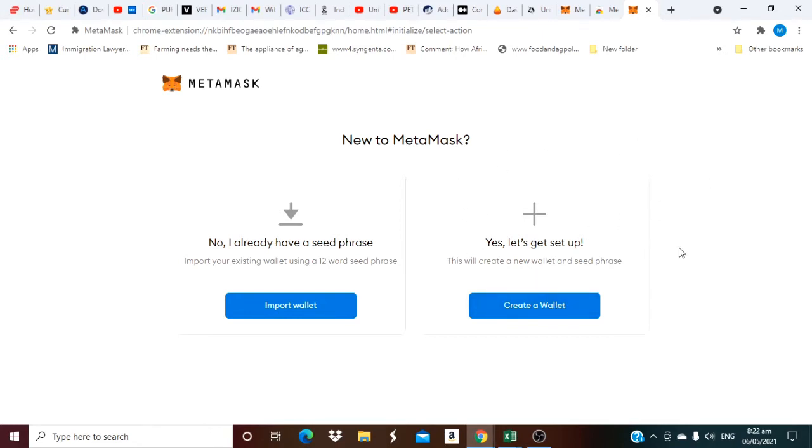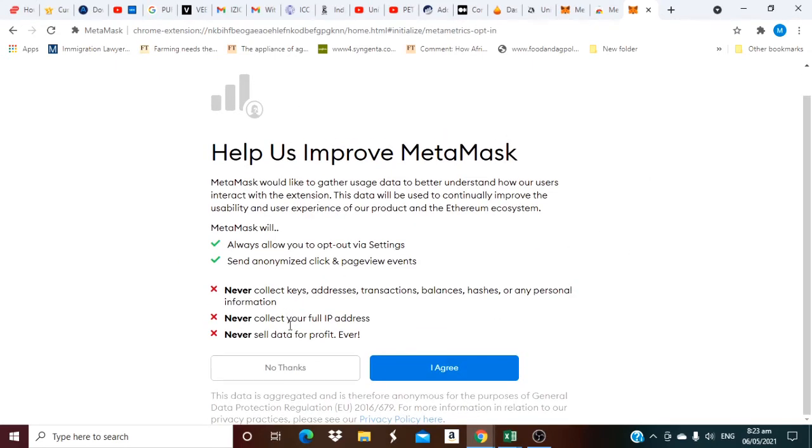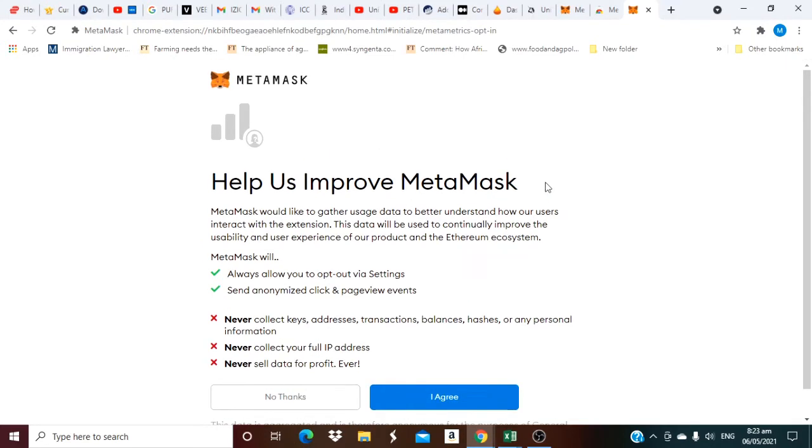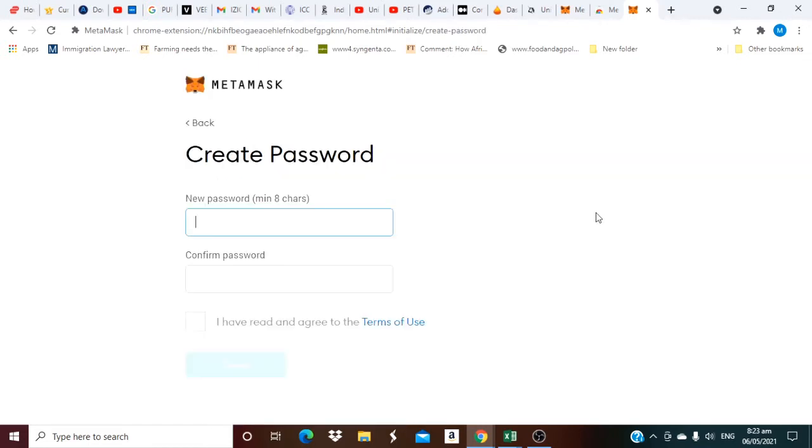So if you are new and want to have a wallet, you just have to click on create a wallet. Click here, create a wallet. These are the terms to agree on, so you click on agree. Voila. Once you are here, you just have to enter your password. So let me enter my password.